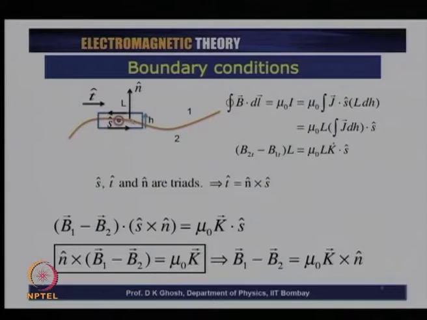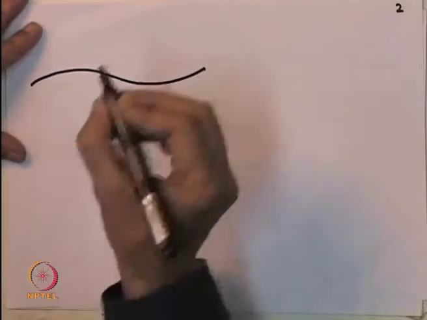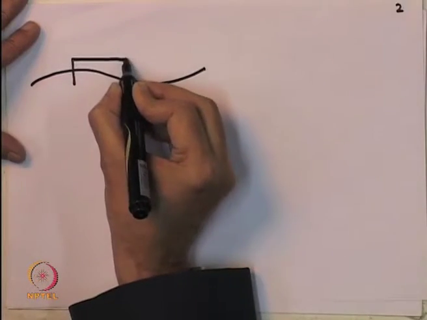I take an Amperian loop this way, and the way I do it is this: you can see that I have provided a direction in which this current is flowing on the surface. So, I take an Amperian loop which is consistent with this current which moves out from the plane of the paper on the surface. This is surface current. So, what we do is this Amperian loop, I know that integral of B dot dl. So, let me partly draw this picture here. So, we have taken an Amperian loop.